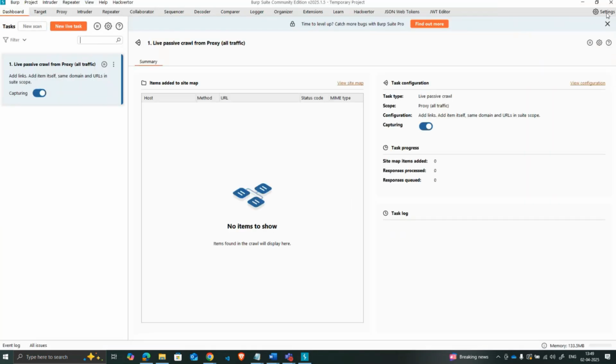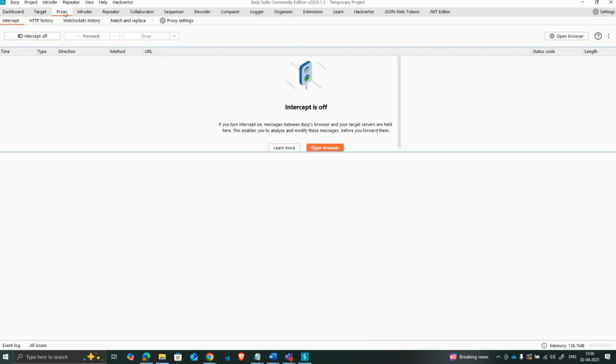After that, as it is shown over here, there are many extensions, right? So you can go with any of the extensions. These are the extensions that you can use to do the penetration testing on a particular website. All these extensions have different kinds of functionality. So right now, I can just simply go with the proxy part,